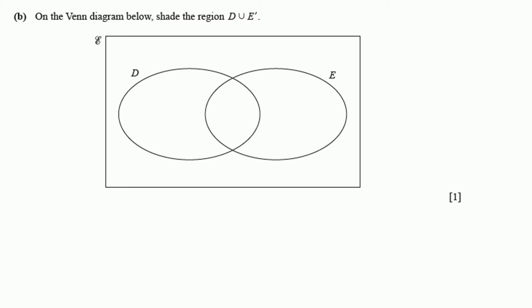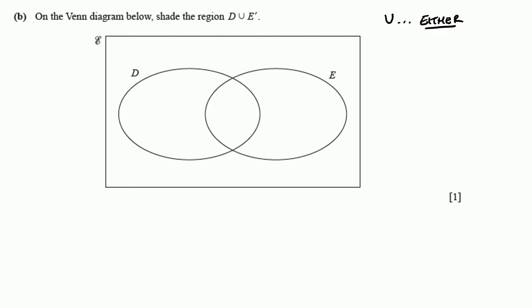So in this question, I'm asked to shade the region D union E dash. There are two conditions. I must be in D. That's the first condition. The second condition is to not be in E. Because they're being combined with the union symbol, I know that I will shade any region which satisfies either of